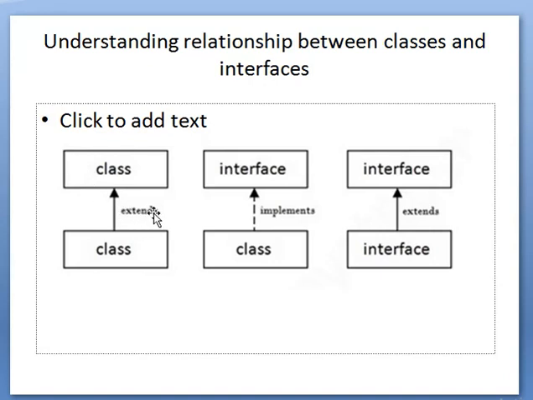In the same manner, if we have an interface and I want to use that interface in my class, I have to use the keyword implement. So an interface is a class which gets implemented into your class. This class is a child class which is implementing the interface. So to utilize an interface we have to use the implement keyword, and to utilize a concrete class in a child class, we have to use the extend keyword.